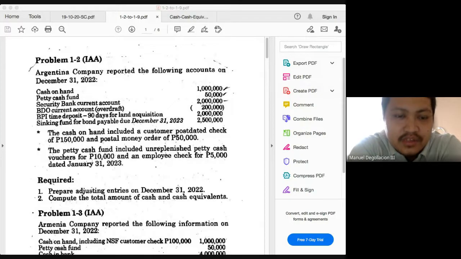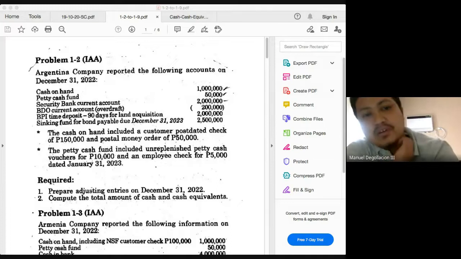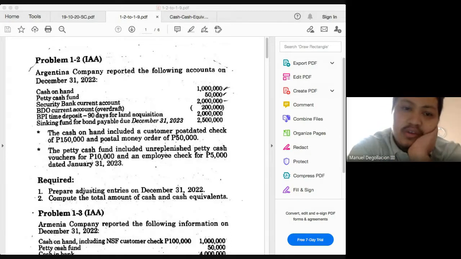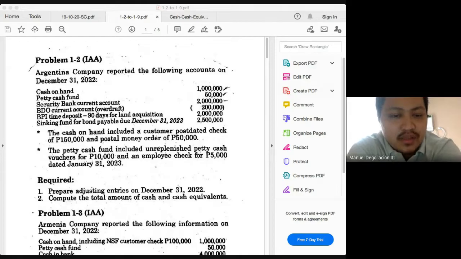So definitely this should still be treated as a receivable by December 31, 2022. The 5,000 peso check here, if indeed it is to be treated as a repayment of an amount taken from the petty cash fund, cannot be treated as good as cash because it is also considered a post-dated check. So all in all,